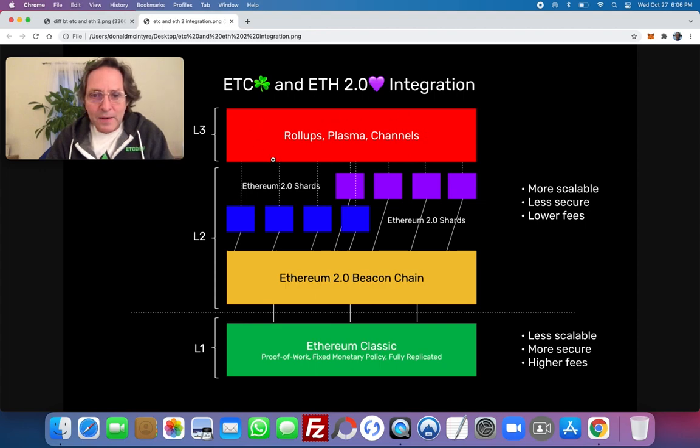So this is what I mean: this layer is about all of these great technologies that I think are amazing for scalability. Many of these are going to connect directly to Ethereum Classic, I am sure, because Ethereum Classic is also going to provide very good services to these guys. But this vertical integration is what I think is going to be very complementary between Ethereum 2.0 and Ethereum Classic, because Ethereum Classic can process fewer transactions that may be sent from the beacon chain or charged directly to Ethereum Classic, or the scalability third layer,